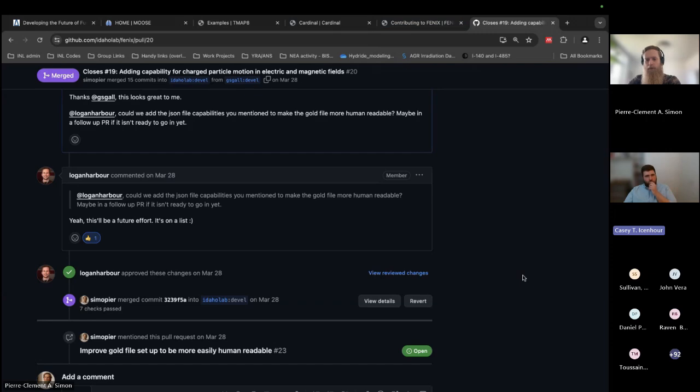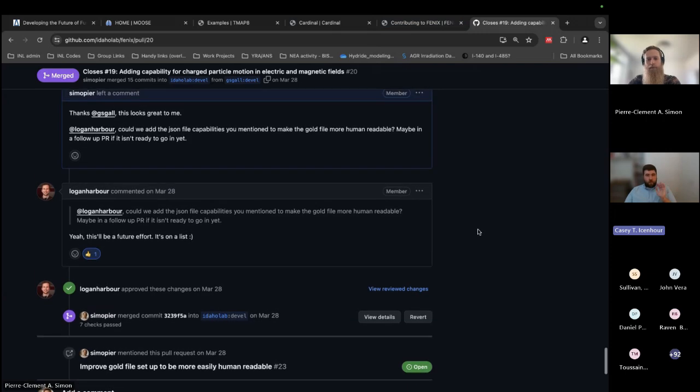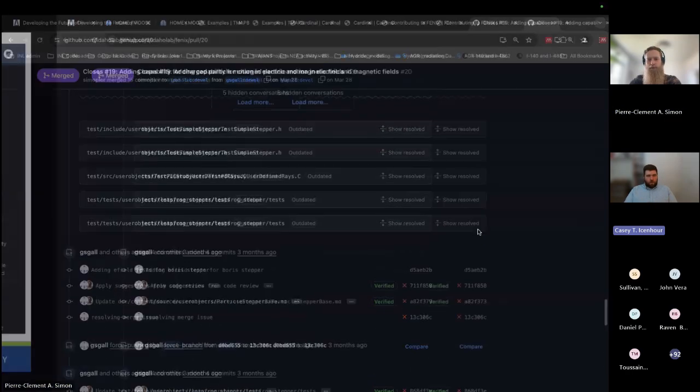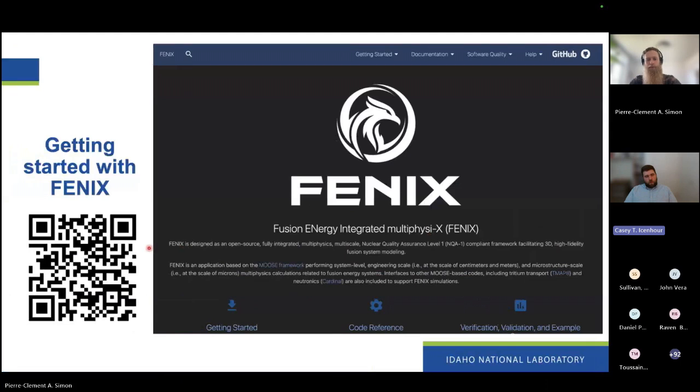And I want to add one more thing to this. While this may not surprise anybody that's worked in software development in the past, for a lot of engineering codes or even basic science codes, when the Moose project was started, this wasn't necessarily the norm. Agile software development and open, transparent software development wasn't necessarily the norm here. And so we prioritize that transparency and these development practices,